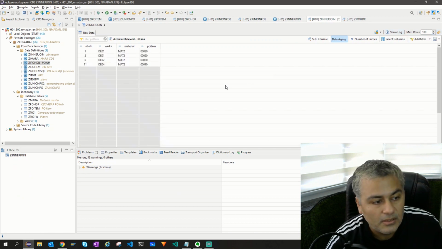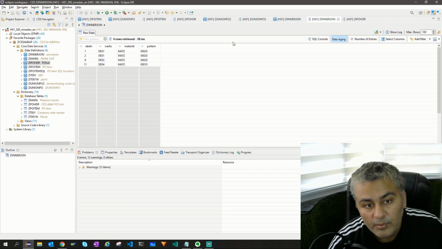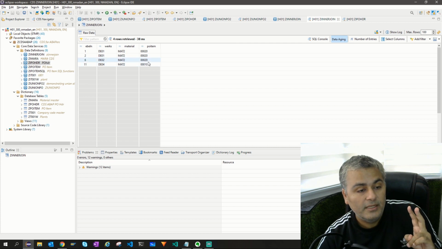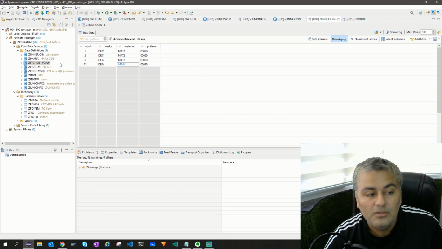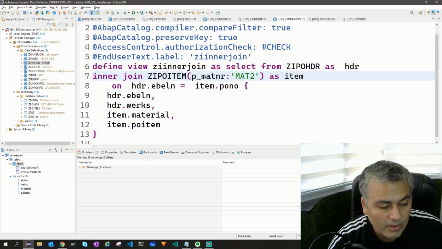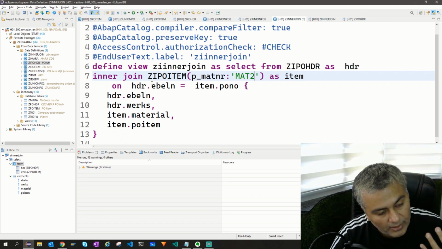I say refresh, 1 2, and 6 11 also came. Why? Because 6 11 has 2 line items, right? That's why. 10 has mat2 and 20 has mat1. That's why. Okay, so with an inner join, you have a working condition where the left hand side matches with